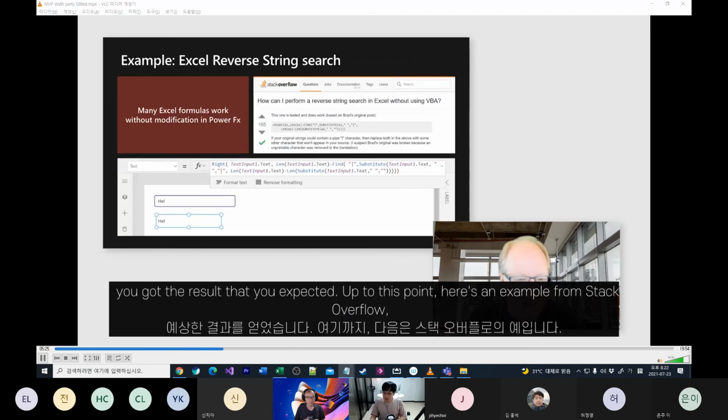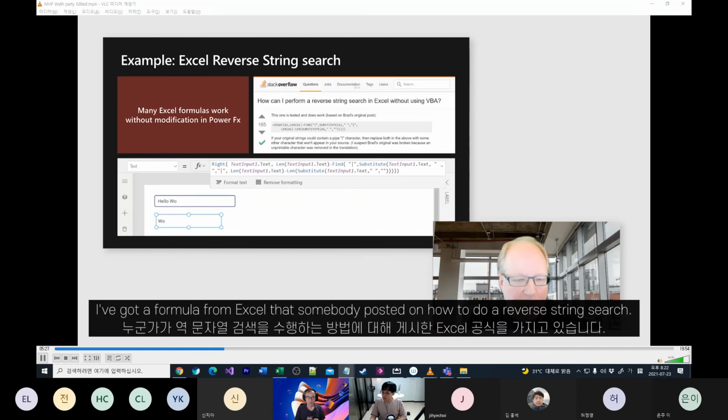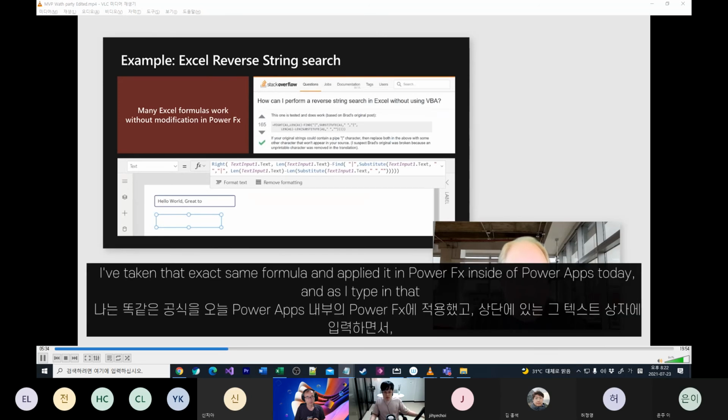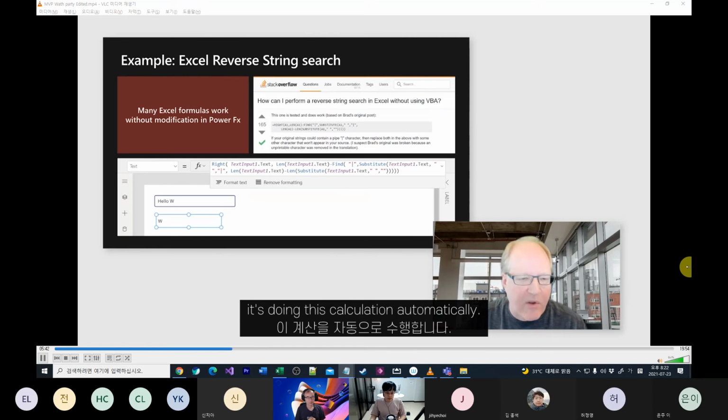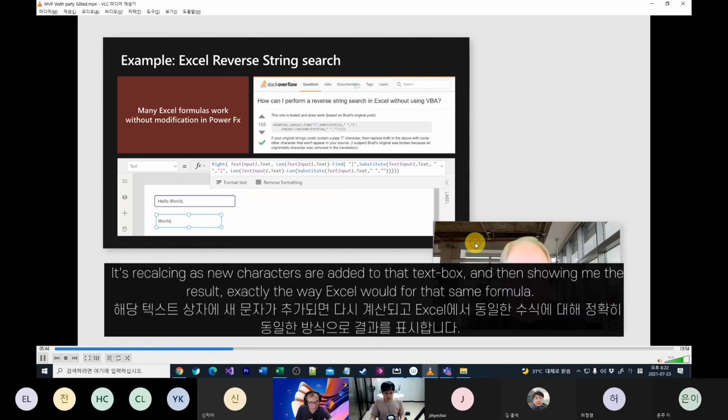Now to this point, here's an example from Stack Overflow. I've got a formula from Excel that somebody posted on how to do a reverse string search. And I've taken that exact same formula and I've applied it in Power Fx inside of Power Apps today. And as I type in that text box at the top, it's doing this calculation automatically. It's recalcing as new character